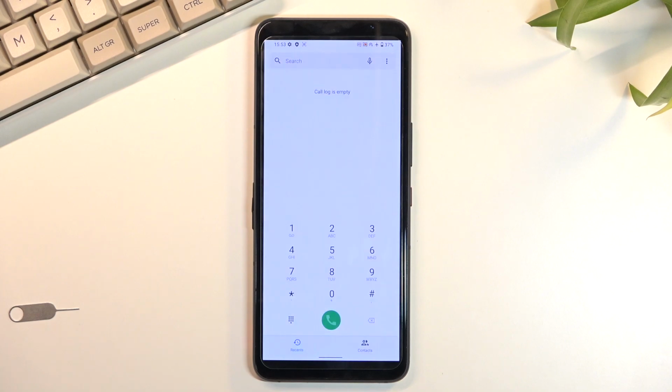So anyway, this is how you record your screen on this phone, and if you found this video helpful, don't